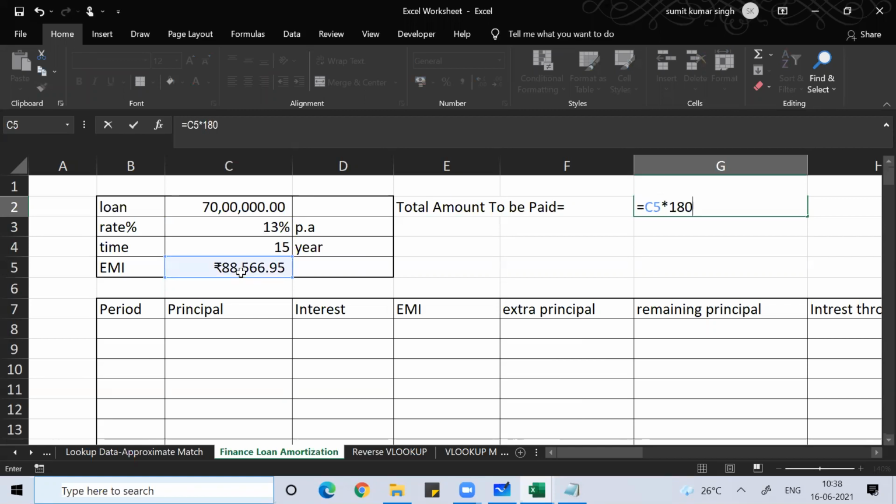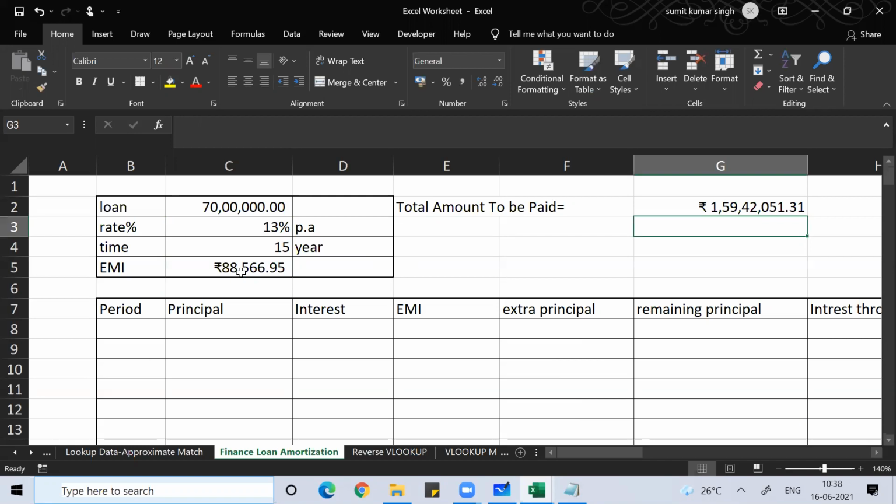For 180 time periods. So I've taken a loan of 70 lakh, guys, and I end up paying how much? 1 crore 59 lakh 42,051.31 rupees.